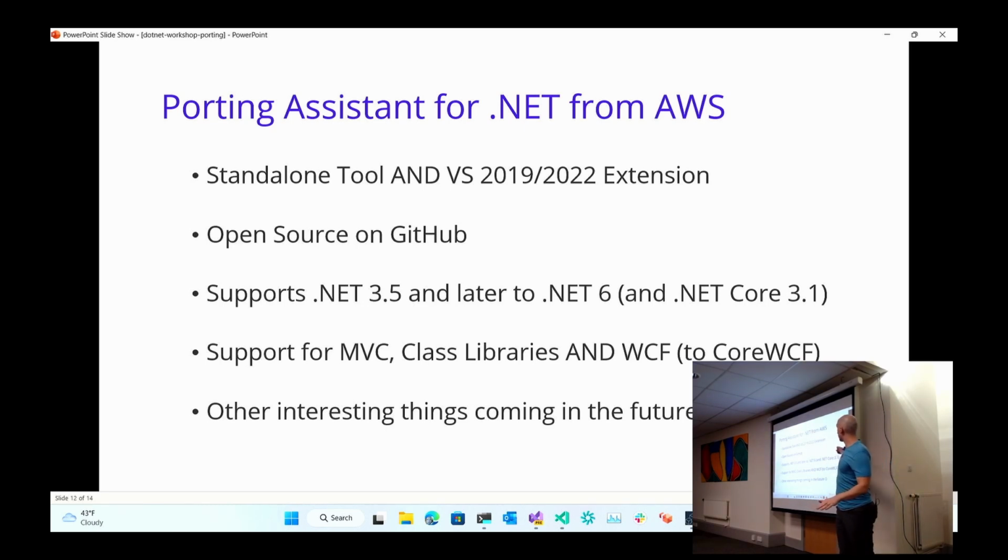No reason. The porting system for .NET for AWS has two flavors. There's a Visual Studio extension, 2019 or 2022, if you want to do it inside Visual Studio. There's also a Windows GUI application that you can open and run. It does very similar things to the command line based utility. It can build your report and can actually do the migration for you. It's open source as well on GitHub.